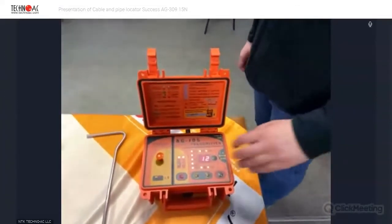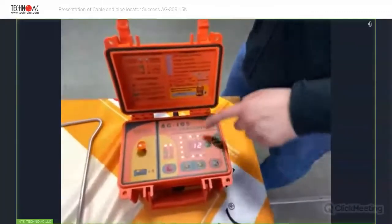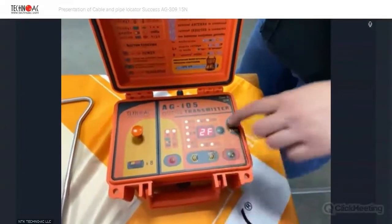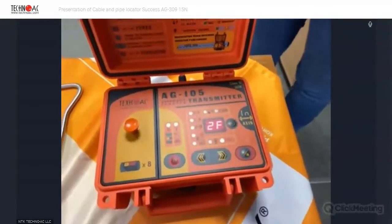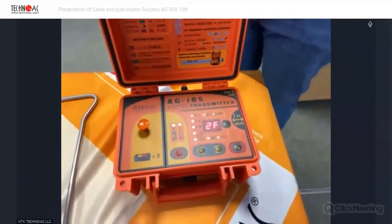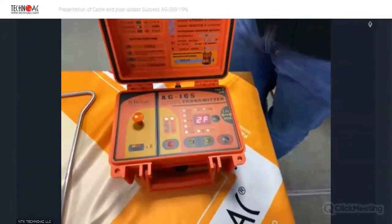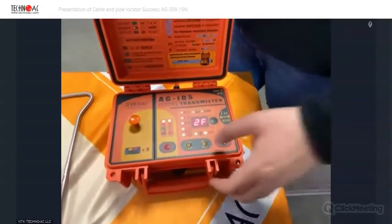Okay, now we may check the indication of the transmitter once again. The battery is full. The voltage is 12 volt coming from the batteries. I'm switching with the same settings, continuous pulse, and now we have the mode which is called two frequencies available. Two frequency mode is used for current direction indication, and in this mode transmitter generates two frequencies simultaneously for the location,